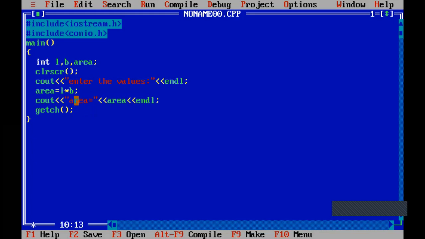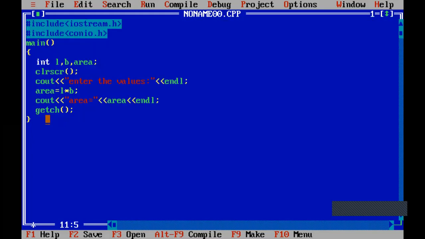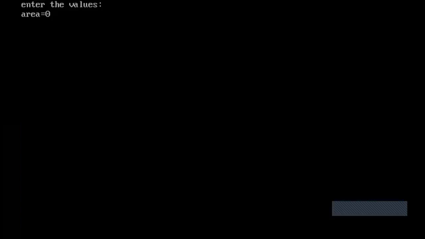So, understood? I have told you about keywords, identifiers, variables, constants, and punctuators, which are explained clearly here. And I have told you what a token is also. So this is the simple program to explain or revise the first chapter I have done. This is the output screen. I have got area equal to 0. Why?